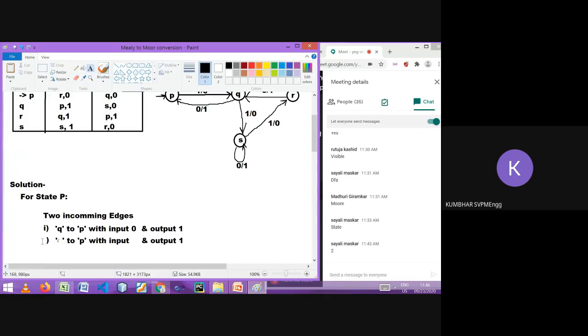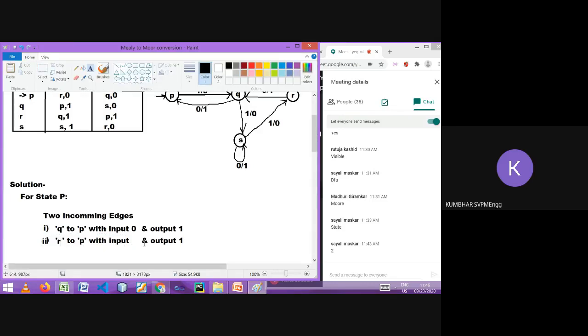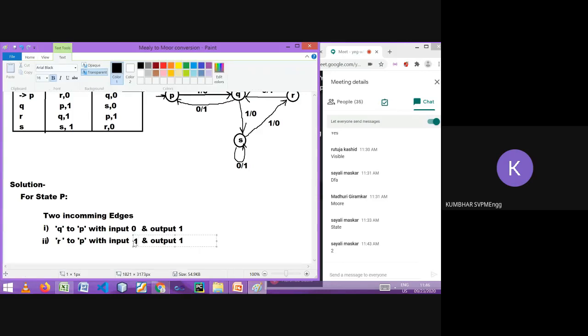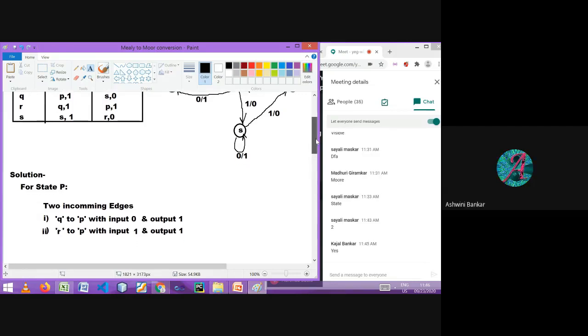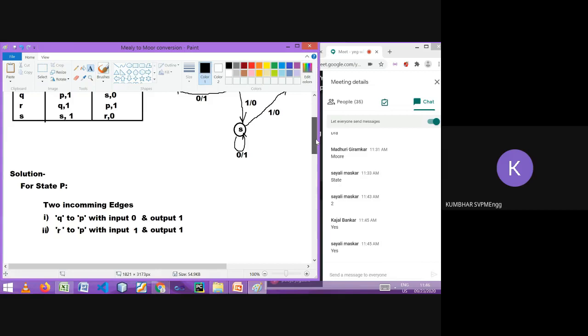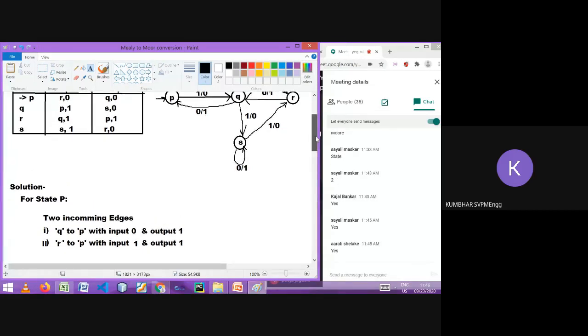The second incoming edge is from R, with input 1 and output 1. Correct? Yes, are you with me? Great. First step, we have to note down every incoming edge to that state, and note down what is the input and what is the output.